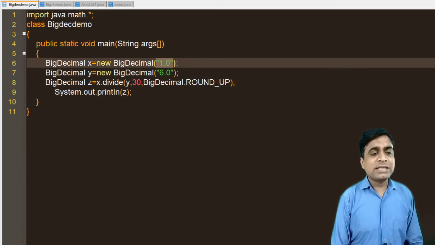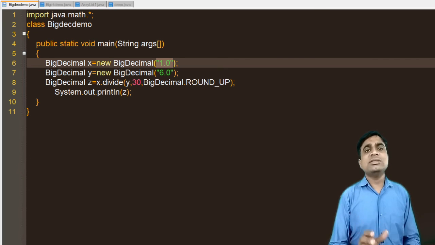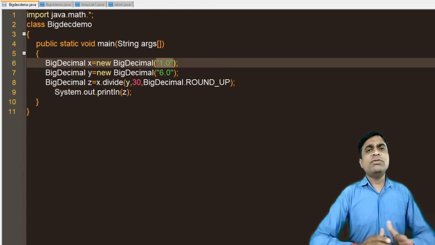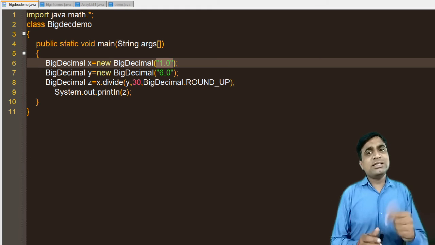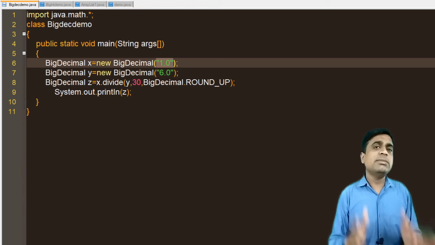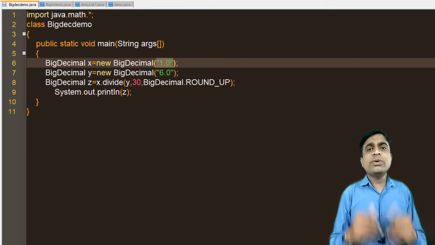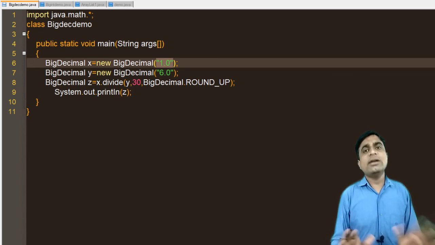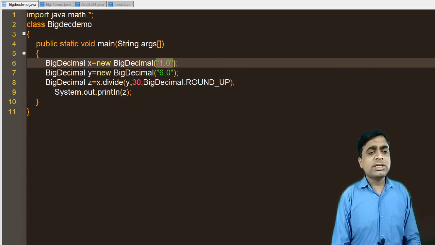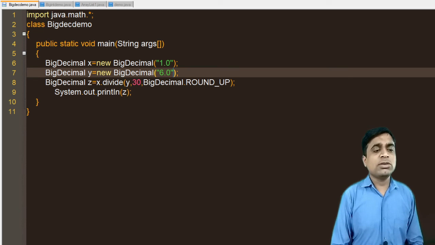You need to pass the data to the constructor in the form of a string, because a string has no limit of range, whereas with an integer, character or double there is some range limit. In a string you can pass any range in double quotation. That's why the parameterized constructor argument is in the form of a string.